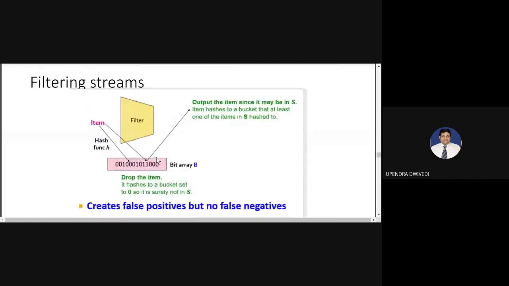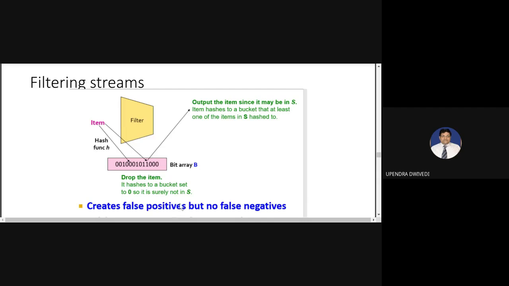Now come back to that. Suppose this represents our set of keys S, and there is certain input which is not similar to S, meaning it is not similar to the sample taken from the stream, but its hash represents the same values. So what happened here is that we are getting a positive output. We are filtering some content because it matched, but that content is classified as a false positive, because it is a positive filtering result, yet not the required content.